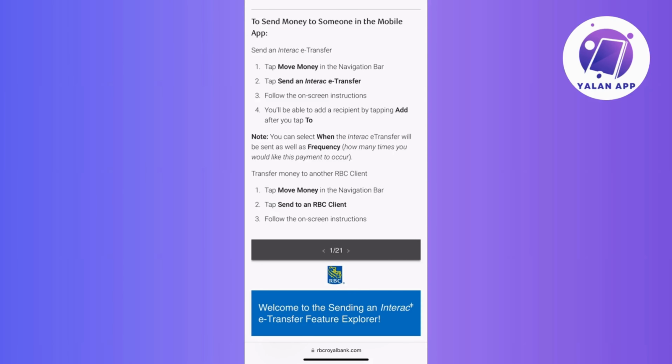Alright, first things first, open your RBC app, and once you're in, just look for the Move Money in the navigation bar. It's usually right at the bottom, so just tap on it to get started. Next, you will want to select the Send Interac e-Transfer. It's a handy option for moving your money securely, so just follow the on-screen instructions like a digital guide taking